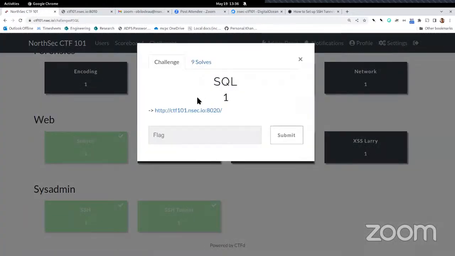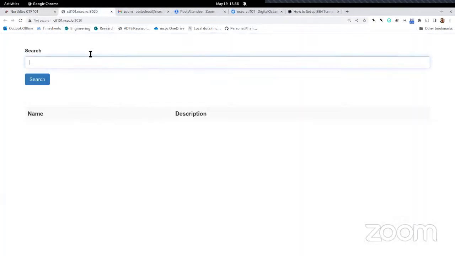SQL. So things are getting spicier, but I see many solved, so that's good. Okay. SQL injection